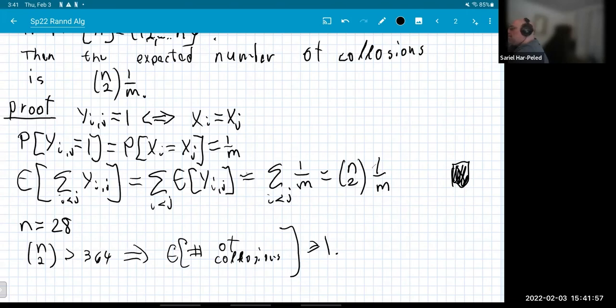So the plan is to dig deeper into this. Now, why do we care about the birthday paradox? As we will see later on, it's related to hashing and other problems. In some sense, it gives us an insight about hashing and random processes and so on. And intuitively, this idea of allocating items, whenever an item comes, you want to allocate it a random number between 1 and n,